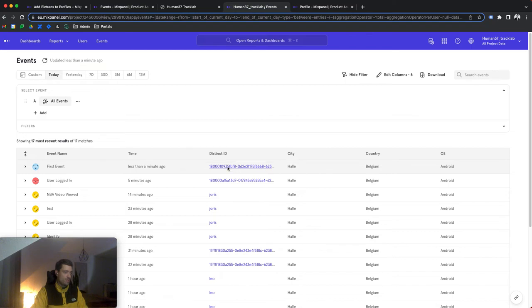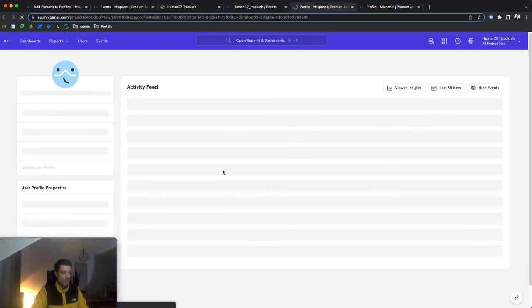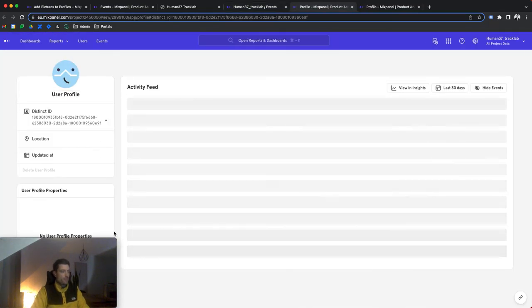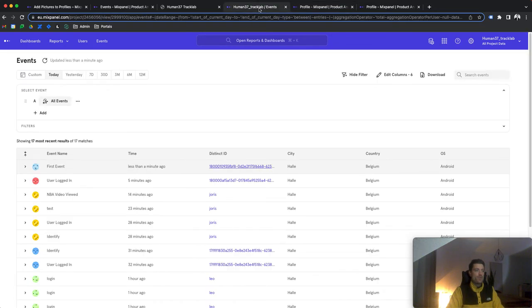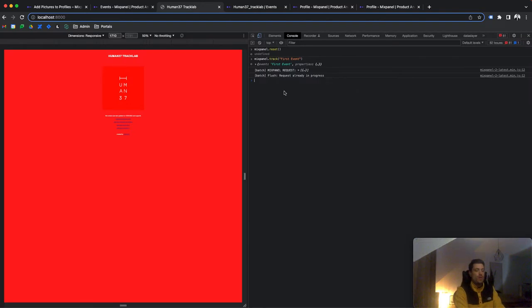This is me as a user ID, this browser, obviously. If we would dig into it, and I'm gonna move myself a bit to this side. If we would move this around, you see that we don't have any user profile properties that are being set. So we're gonna change that right now. What we're gonna do is set the avatar profile property, or people property or user property, whatever you want to call it. And you do that by basically sending a